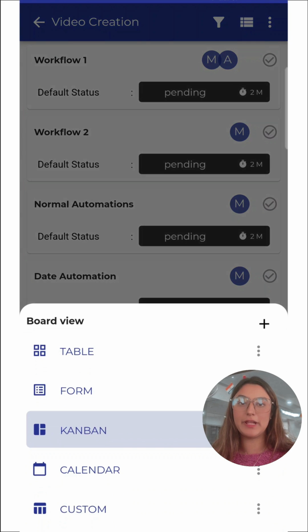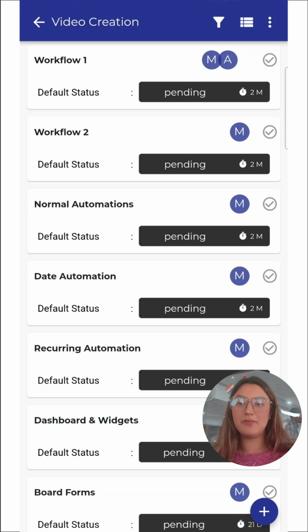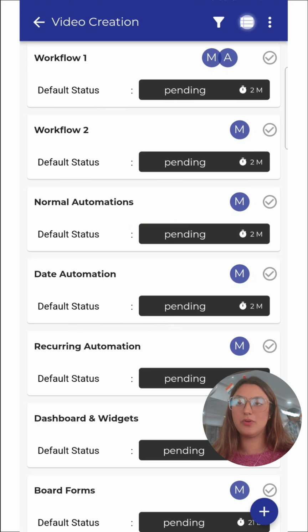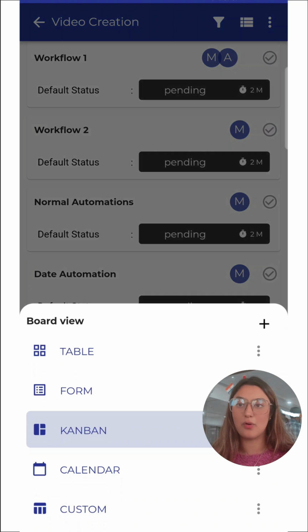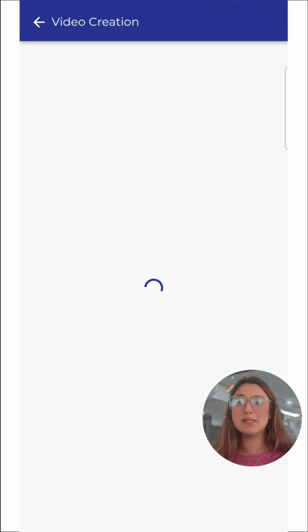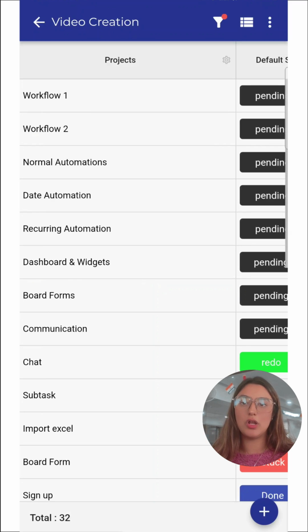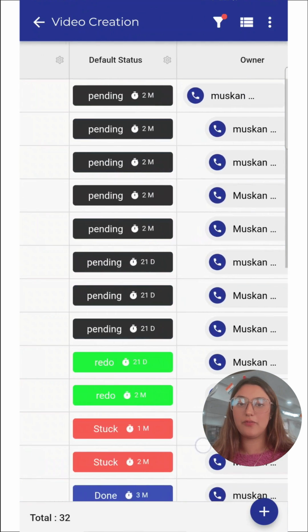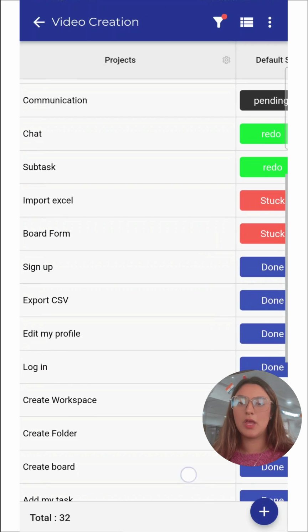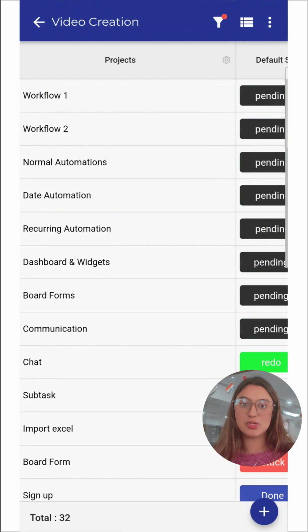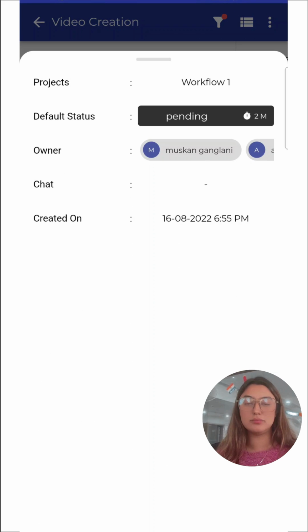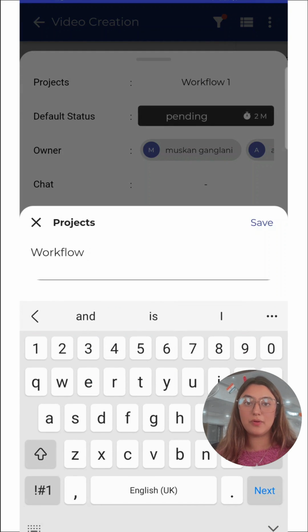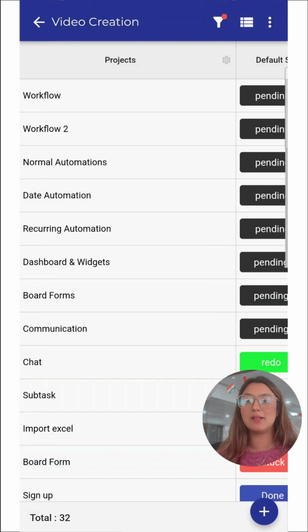When you go on top and click on the second option, the Kanban view is the default view. Then the first view you can see over here is the table form. It has columns and rows. Those were the columns, and if you go down, these are the rows. You can add as many columns or rows as you require, and you can click on them and edit them like this. This table view is the best view to work with.